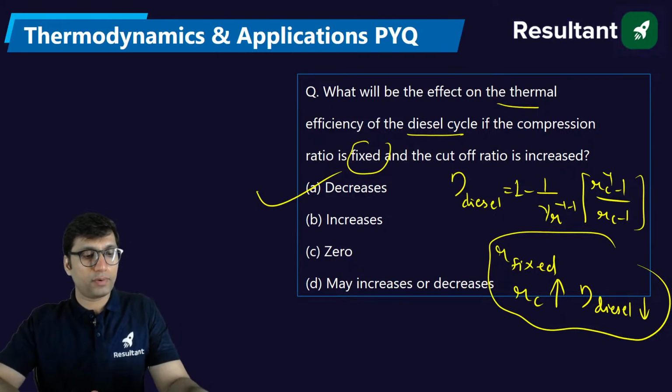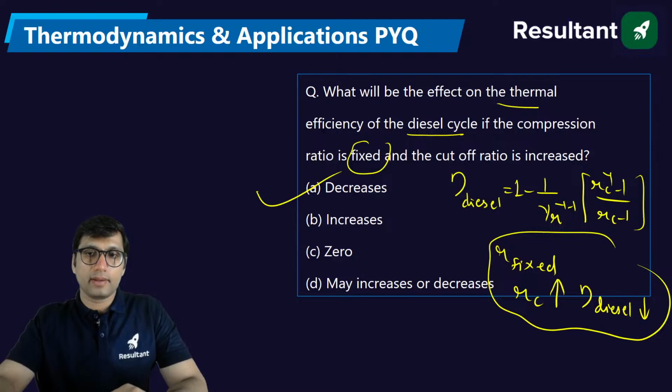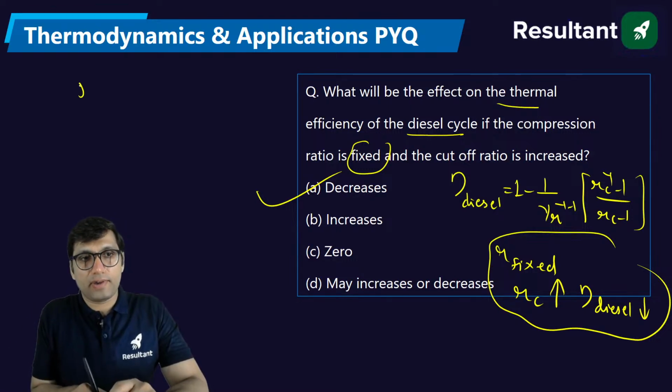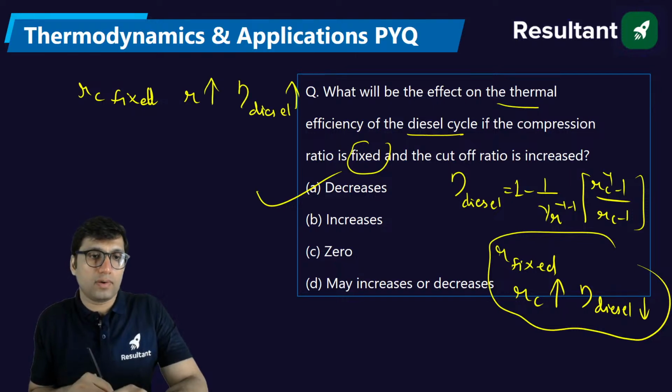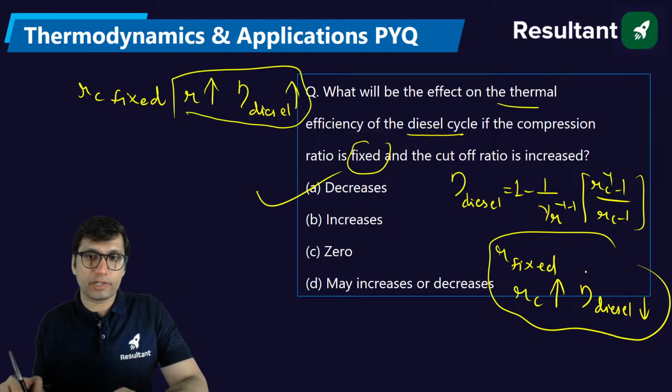Is it clear to all of you? Please tell me. Next, if the cutoff ratio is fixed and the compression ratio is increased, the efficiency of the diesel cycle is going to increase. Okay, so this is important. Please remember that the compression ratio has a direct relation with the efficiency, and the cutoff ratio has an inverse